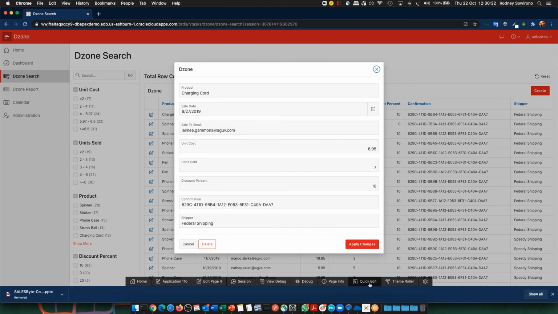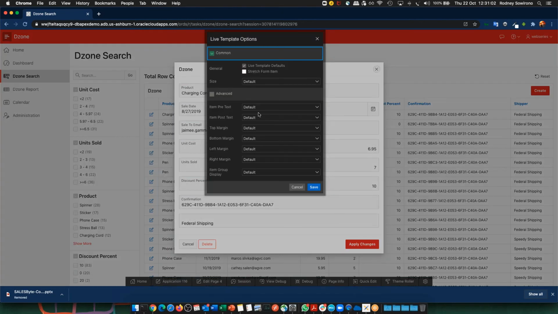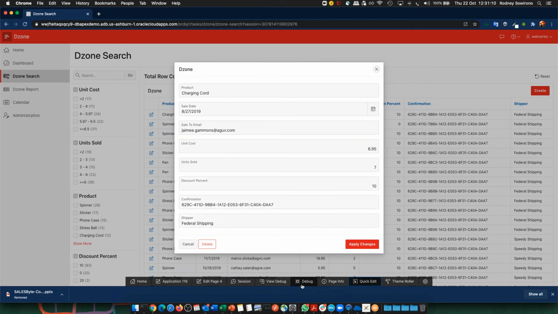What I can do here is click on my bar. If you notice here, this is basically the edit bar that we have. I can click on quick edit, and I can select which kind of field I want to manage or edit here, right? So for example, I have the federal shipping. I can edit this template, and I can change the different options here. But what I want to do here is